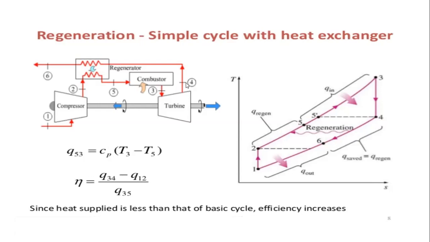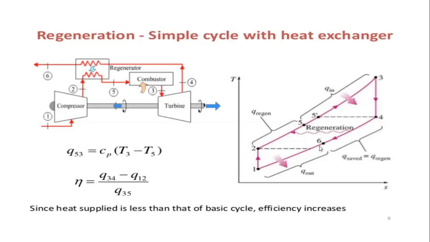These gases emitted from the gas turbine are considerably hot, at a much higher temperature than the ambient temperature. In the regenerator, we are making use of this energy, which otherwise would have been wasted. The energy of the exhaust gases, the flue gases leaving the turbine, is used in the regenerator for preheating this compressed air. So what happens from 4 to 6?